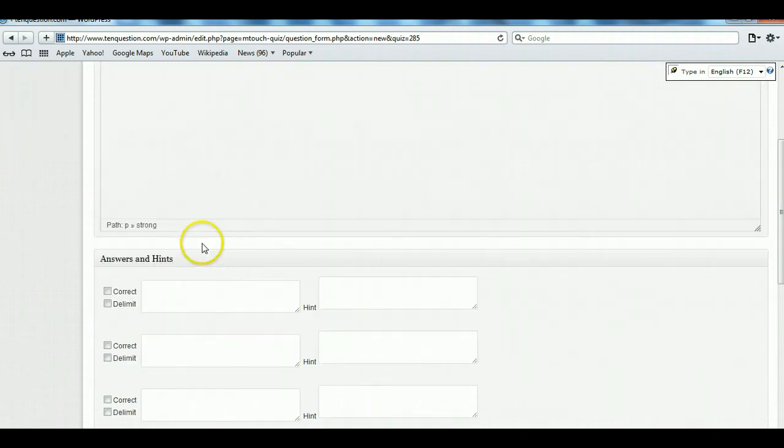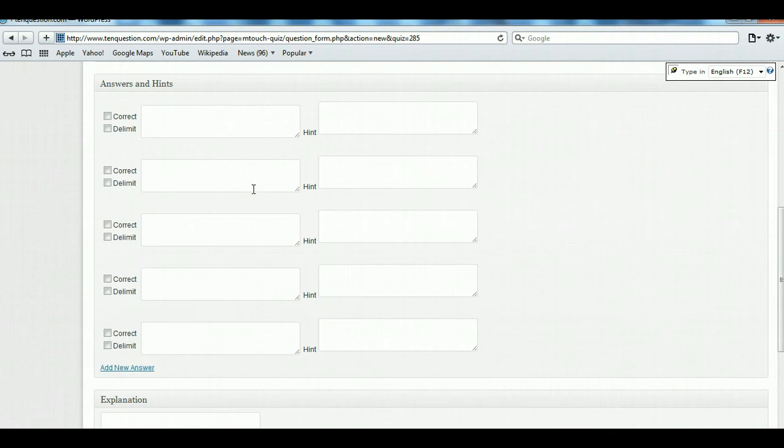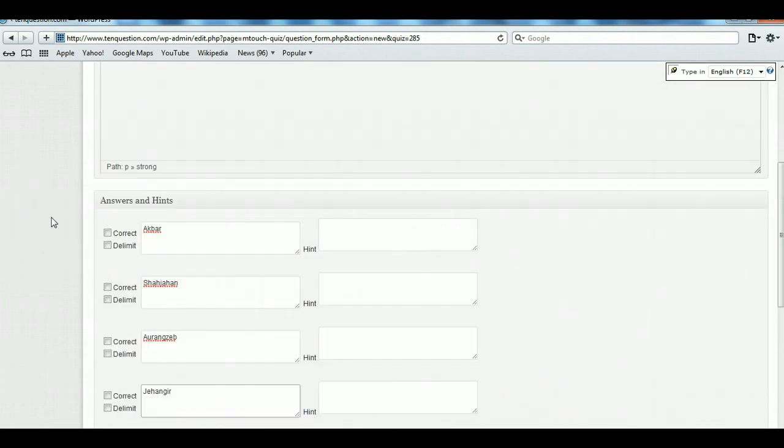It's a simple question, just for the purpose of showing you how to prepare the question. After you give the options, you will have to select the correct answer.